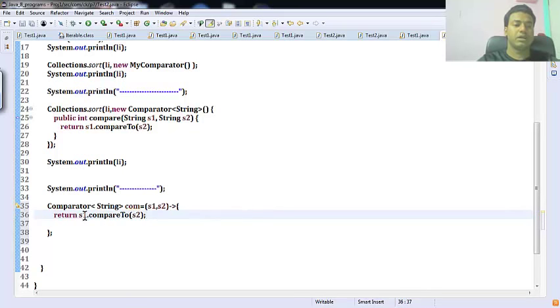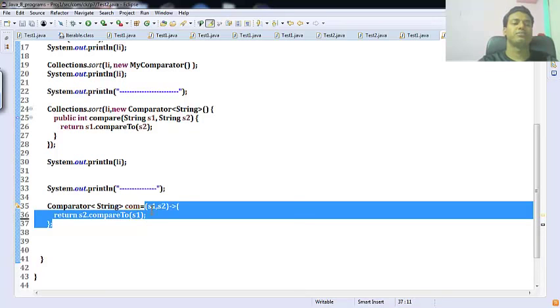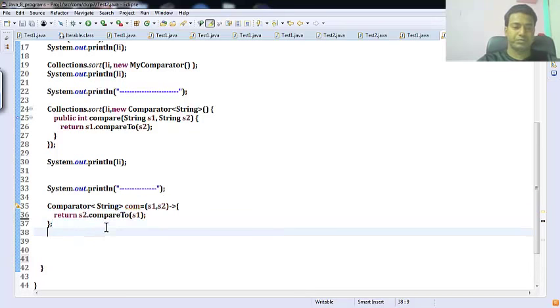This is already in ascending order, so again I will do it in descending order. This is s2 and this is s1, right? So this is a lambda expression created now, and this lambda expression is stored into this com. So this is the lambda expression, and now